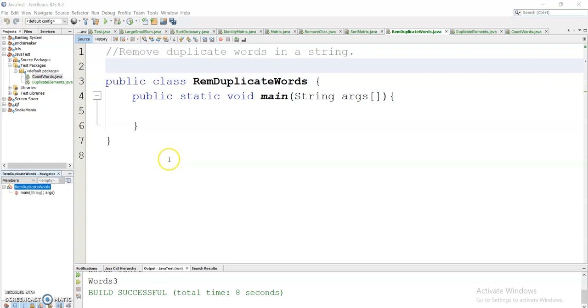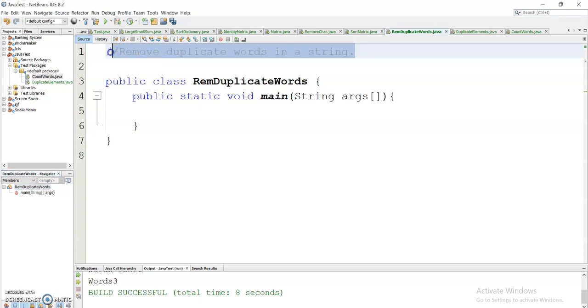Today I will solve one more question that might come in the Teachers NQT Examination 2020. Before this I have already made three more videos in which I have solved questions which might come in the Teachers NQT Examination 2020. Today our question is that I have to remove the duplicate words in a string.